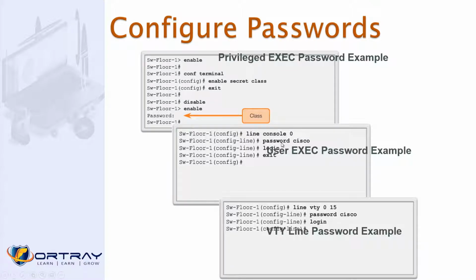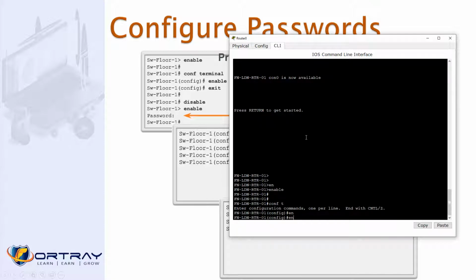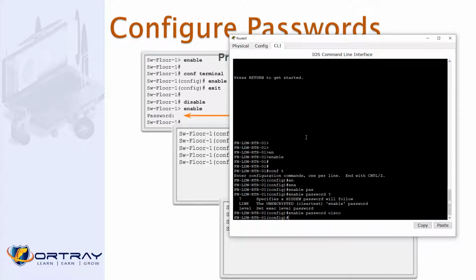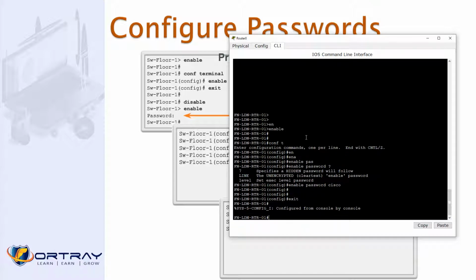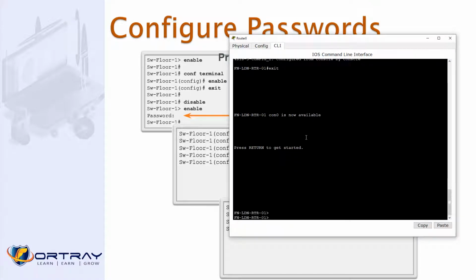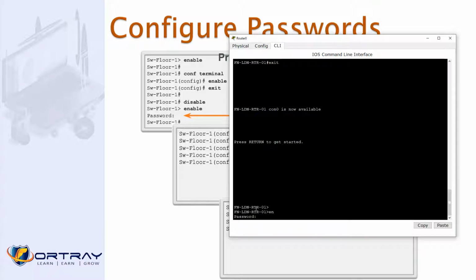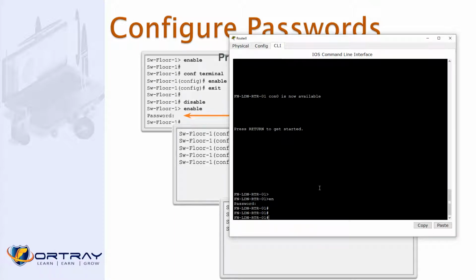Then you can set the password for the console line, you can set the password for the VTY line as well. I'll explain. Enable password, let's say I'm saying Cisco. Okay, so now I have set the password, enable password Cisco. Let's say I am going to log in again, enable. Now you see this time, previously when I logged into enable from here, it did not ask me any password, but now it asked me a password. Is it clear?